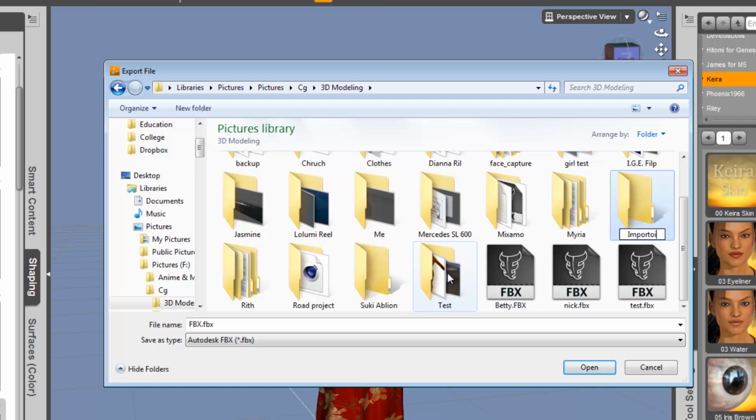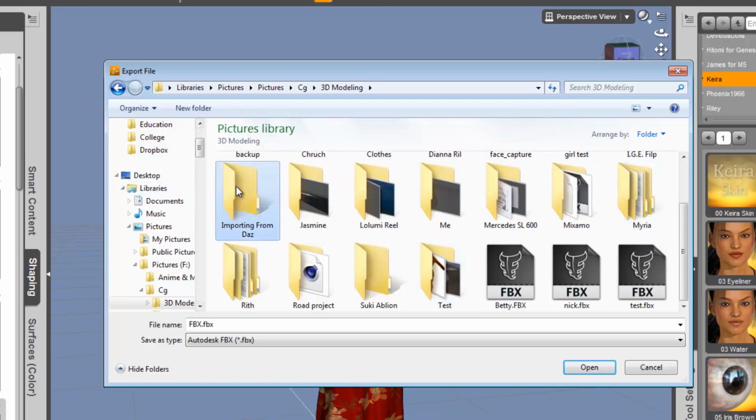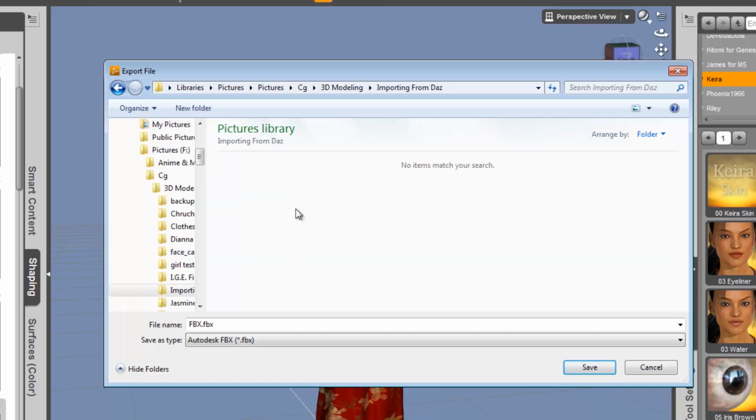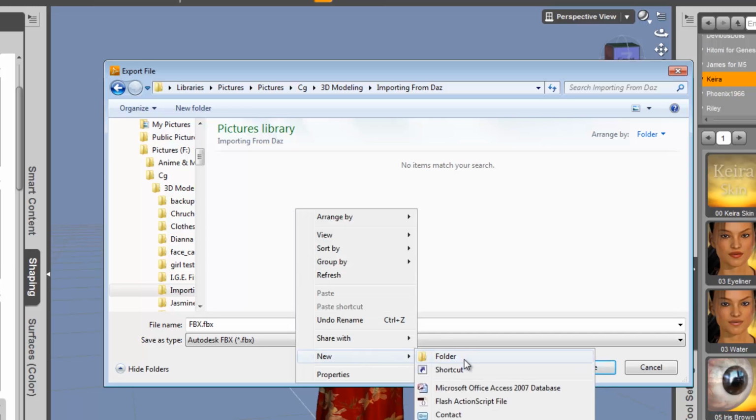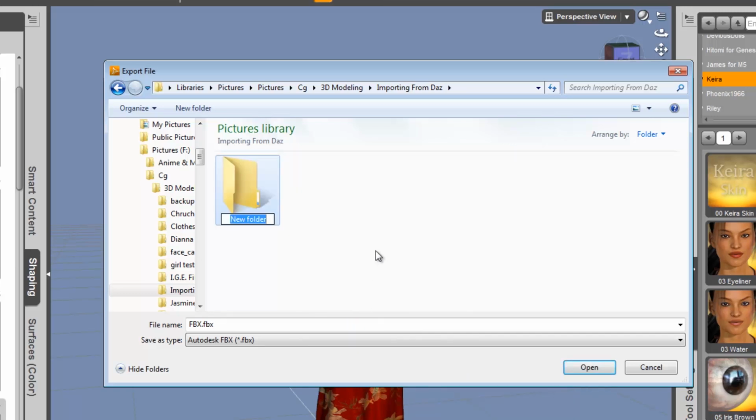Call it importing from Daz. Alright, and then we'll create a folder for our FBX,